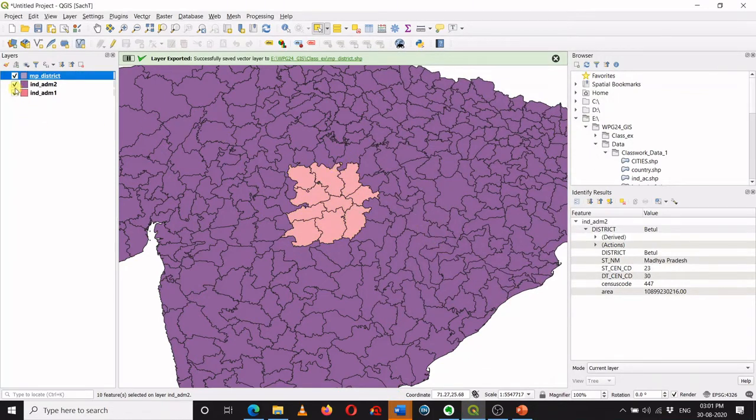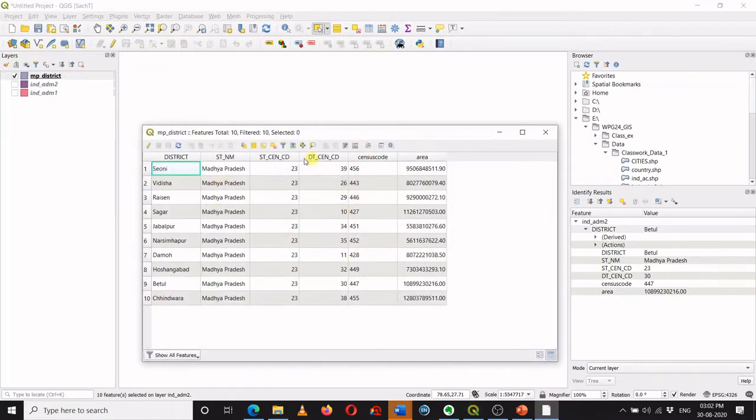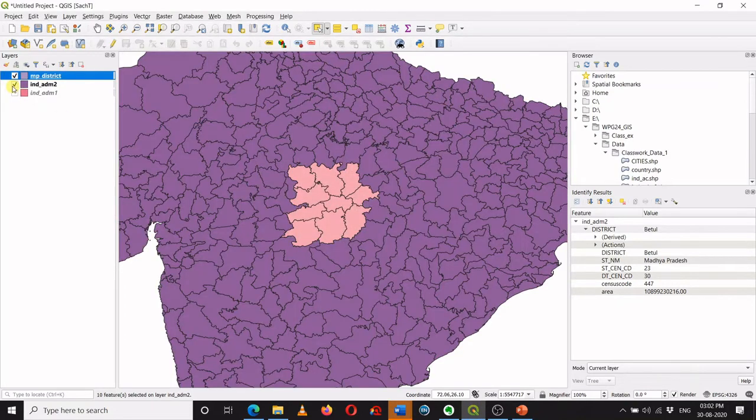Okay, so now I have selected this as an MP district file, but here I was assuming that we are selecting all 50 features by using the identifier tool, and this is how the attribute table looks. But this is really a tiring exercise, because here you are manually identifying each feature, and sometimes it is not desirable. Imagine a file where you have 100 features, then what is to be done? So there is another way. Remember, in GIS you can do the same thing in multiple ways. So this is the strength of this software.